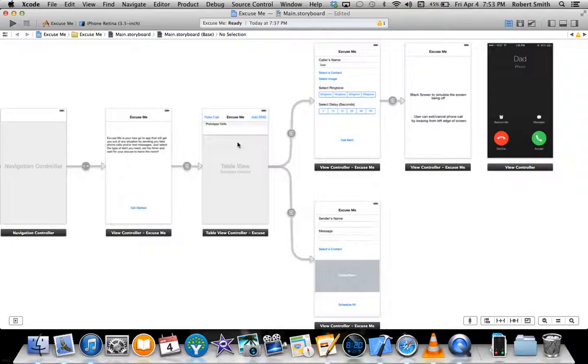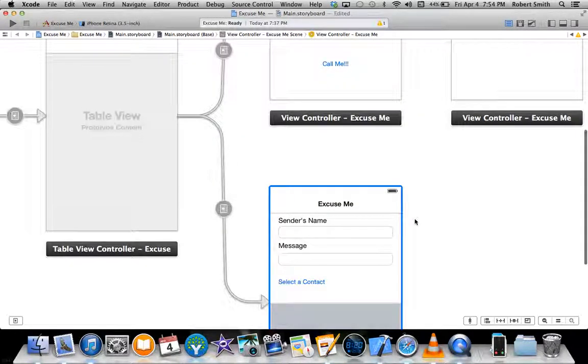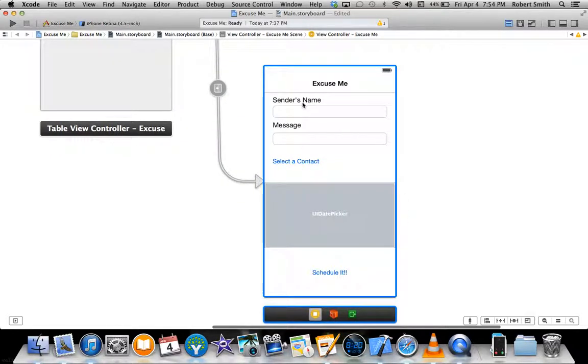So, when the user gets to the home screen, they'll be greeted with a UI table view that will display all of the user's current scheduled text messages or local notifications. This table view will be fully editable, so the user can delete scheduled text messages if they don't need them anymore. And clicking this Add SMS button will take them to this view controller,